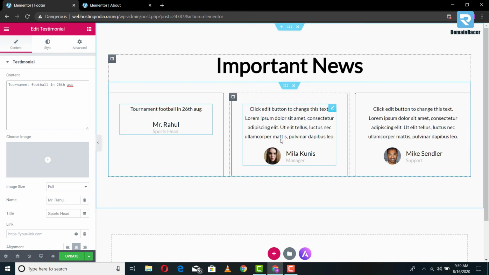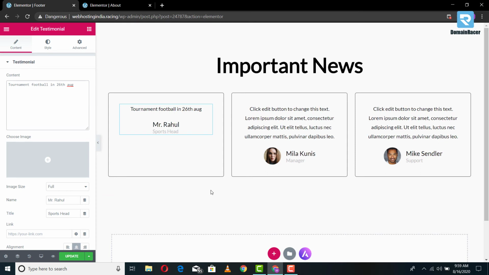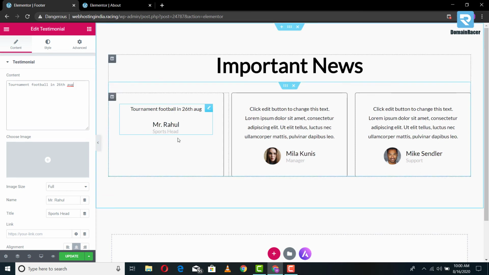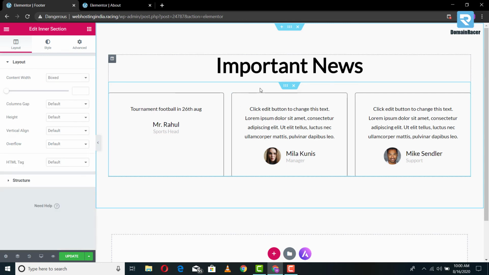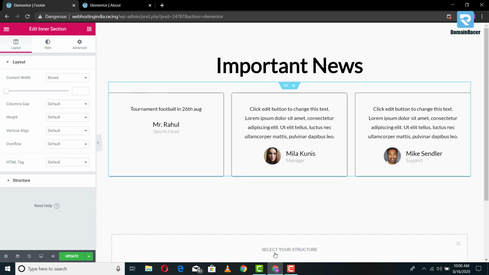Now to copy this section, again you just go here if you need to create more than one news, because this news can get outdated, so you can simply remove the news from here. What happens is when you create a carousel, the image will remain there forever. So you can keep adding the news here on the regular basis. Now after the important news section, we need to have our blog section.